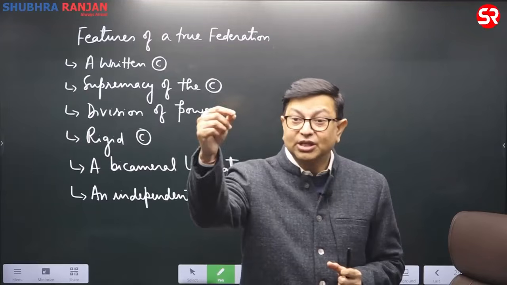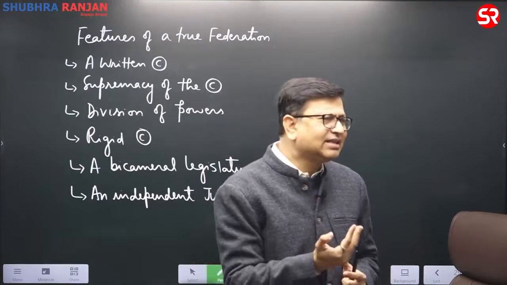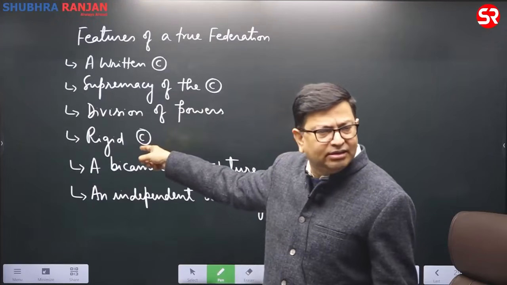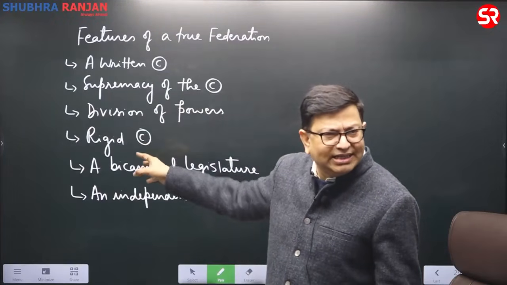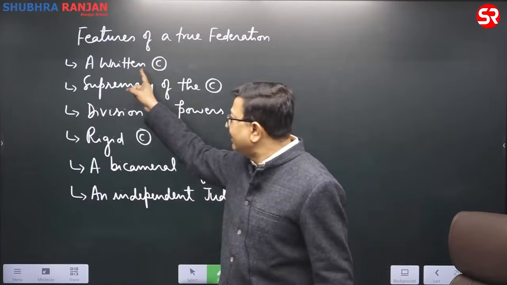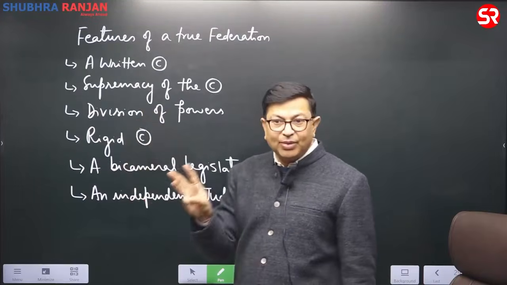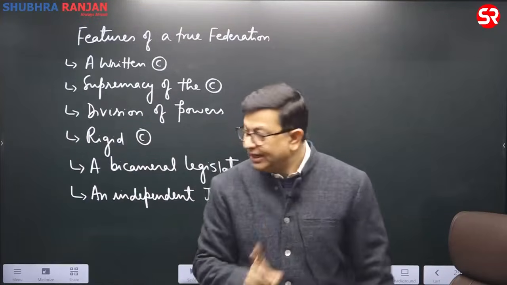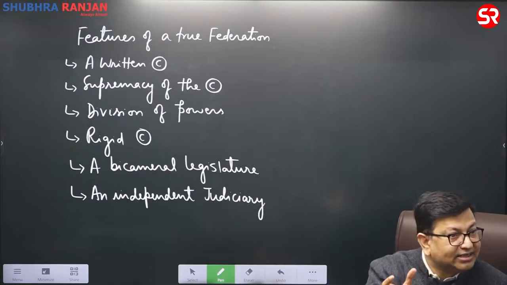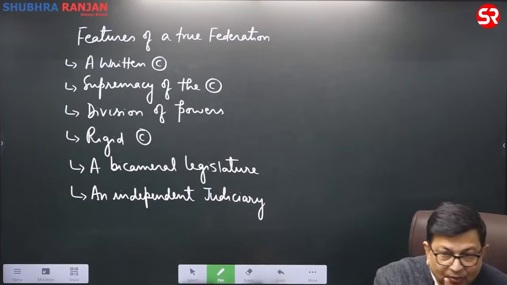Which of the following shows the unitary feature of the Indian Constitution? For that, an understanding has to be there. Now we have seen why the Constituent Assembly says that it is a federal system. Because in India we have a written constitution which is supreme. Then there is a division of power. We have got three lists. Then the provisions regarding the center-state relations have been made rigid in nature. After this discussion, I will discuss that aspect with you.